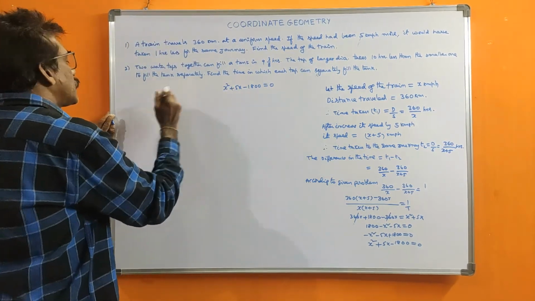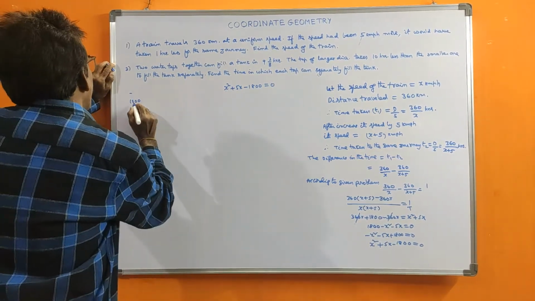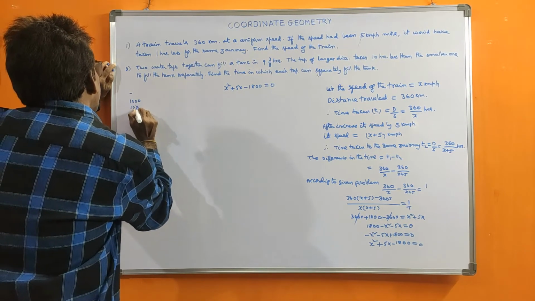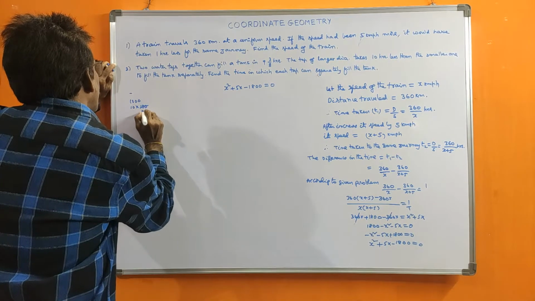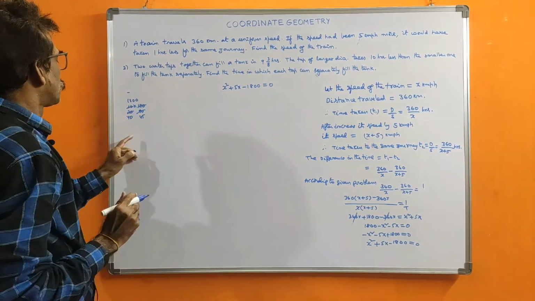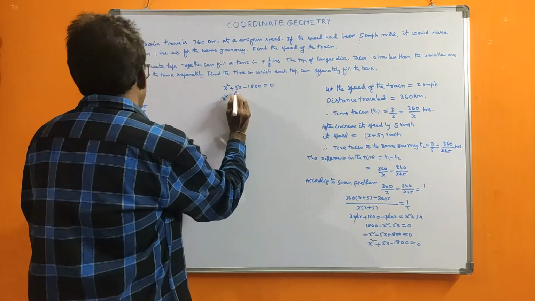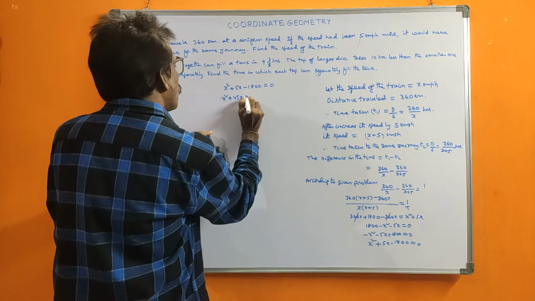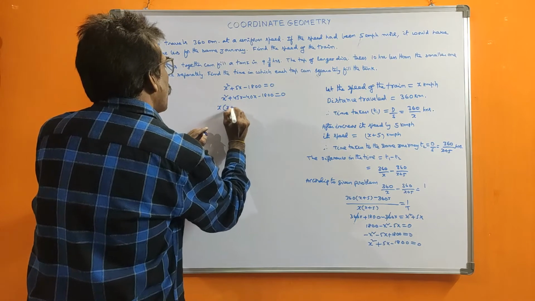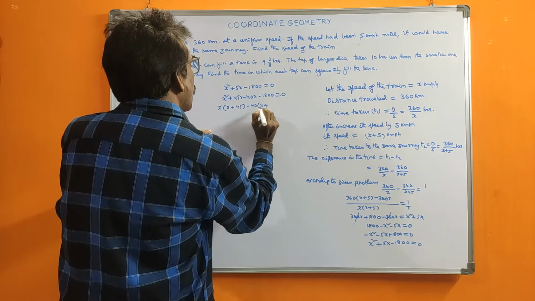Now in this quadratic equation, the constant is minus 1800, so by subtracting we should get 5. So 1800 is 10 into 180, divide by 2 and multiply by 2, 45 with 2 multiply 40. So 40 into 45, difference is 5. Okay, now x square plus 45x minus 40x minus 1800 is equal to 0.